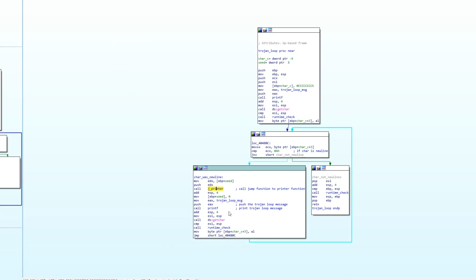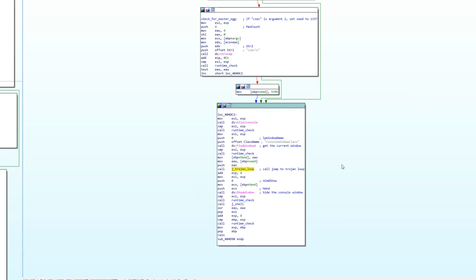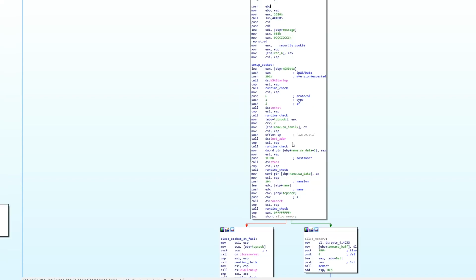Once the user enters something that's not a new line, they'll be kicked out, and the window will be hidden. We're doing that by passing 0 and hide window into show window. From the user's perspective, the window will disappear. It'll drop into shell,